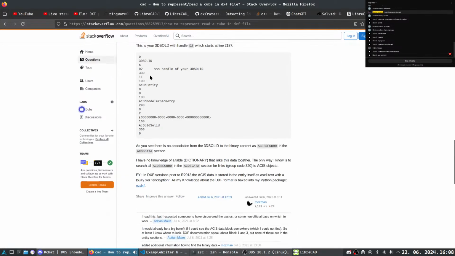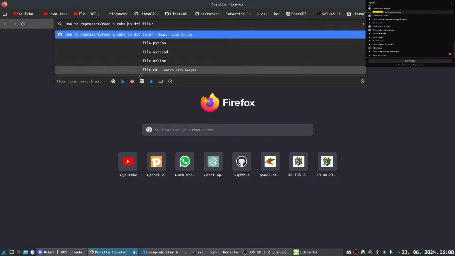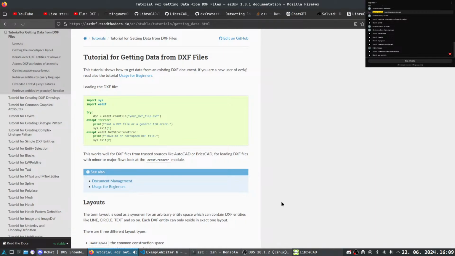I don't want a cube, maybe a square. How to read a square? For getting data from